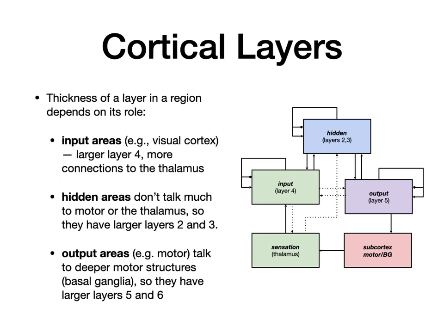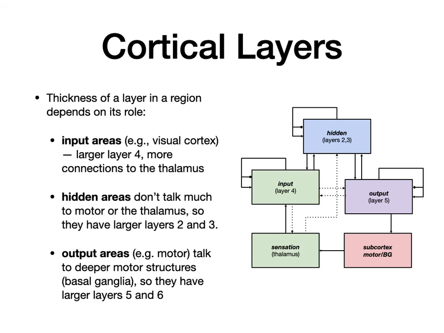You're not doing all of the speech production stuff, nor are you processing all of the speech that came in using the frontal lobe. You're doing more abstract things, like figuring out what to say next, right? So hidden informational things. They don't need to talk to the motor or the thalamus. They have larger layers 2 and 3, the ones that are more about connecting to themselves and other cortical regions,